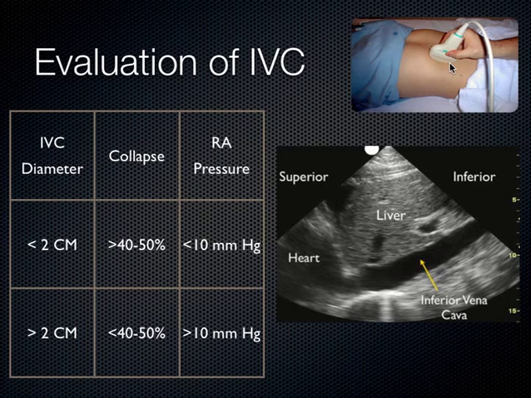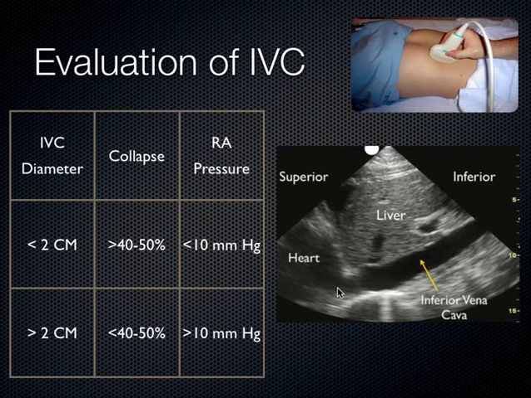Parasagittal means just off to one side or the other. If I want to see a long axis of the aorta, I go left parasagittal. If I want to see a long axis of the IVC, I go right parasagittal, okay? Sometimes it helps, as they're doing in that picture, to angulate the probe up a little bit, and then you should see right underneath the liver the inferior vena cava coming along and dumping into the right atrium of the